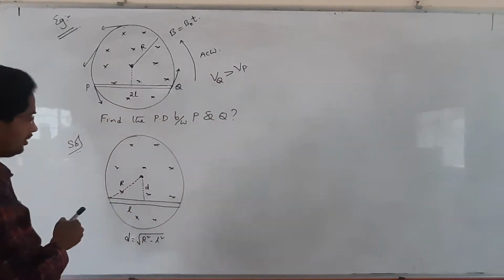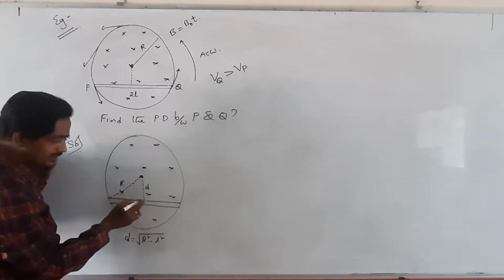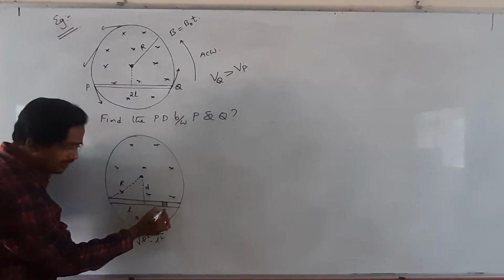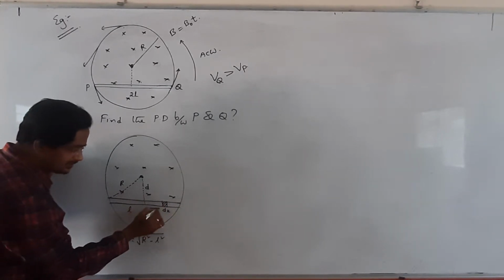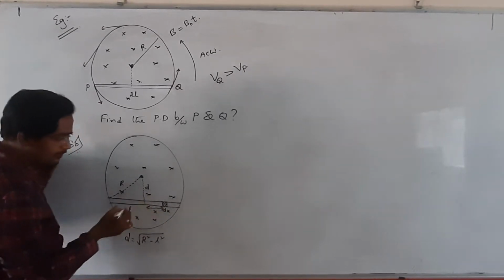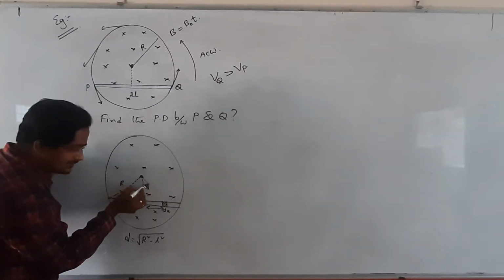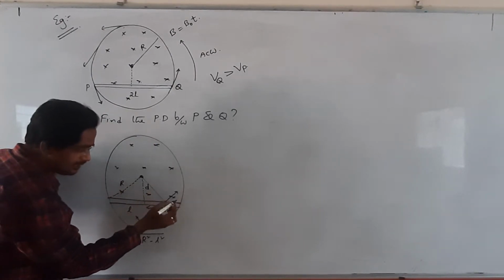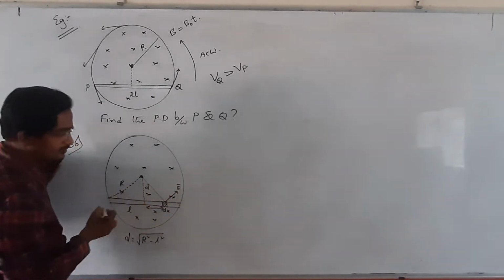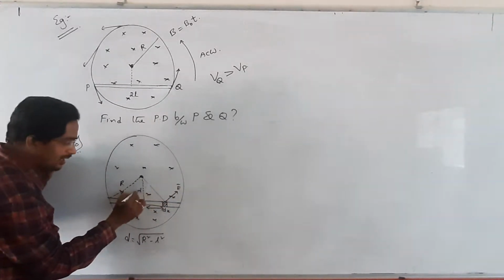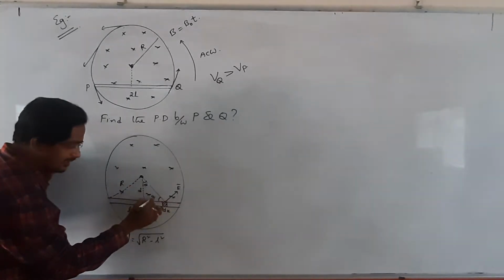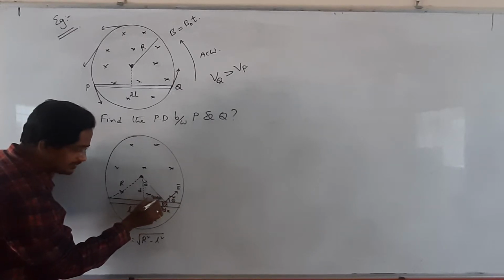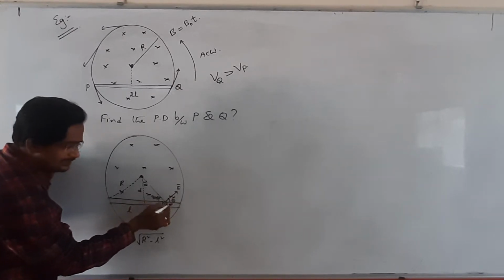Next, come here. For getting the potential difference from this center, I am taking a small elemental rod, a small element of length dx at a distance of x. What about the electric field intensity direction here? Tangential. This is the electric field intensity direction here. If this angle is theta, then this is 90 minus theta and this is theta.